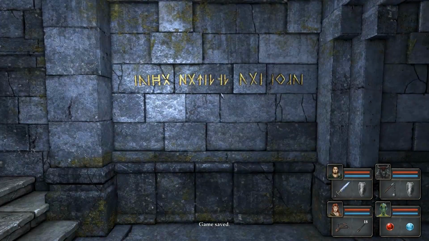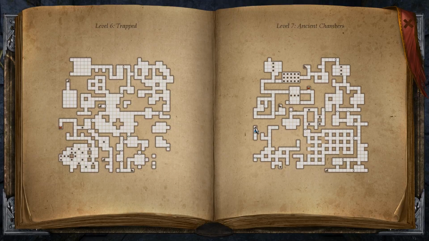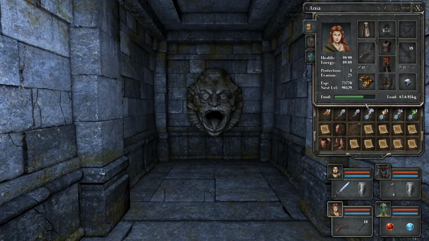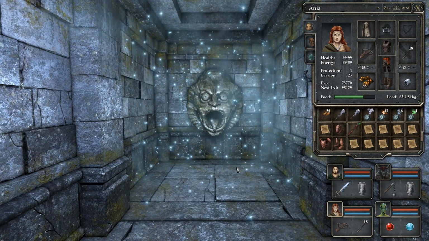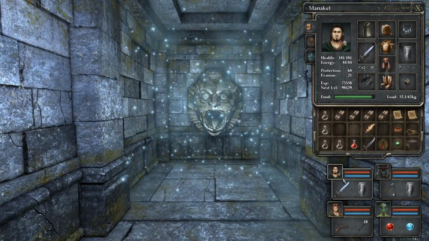Okay guys, so we are in front of the Fighters Challenge at level 7. Basically level 6, because this was through an entrance, but whatever. Let's put an item here so the portal that will teleport us shows up. And now